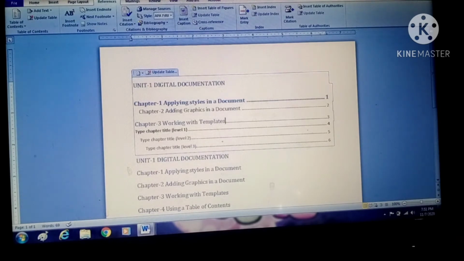Like this you can choose. Clear? You can increase these levels also. How can you increase these levels? For example, here the levels are chapter 1, 2, 3, 4, 5, 6. If you want to increase more levels, whatever the method to increase this level is,